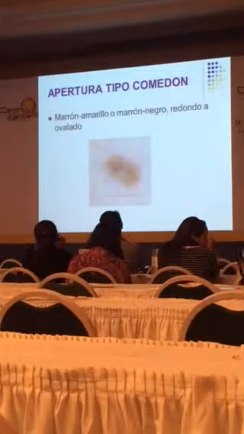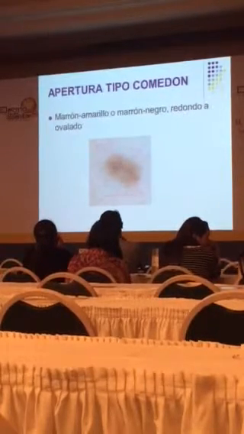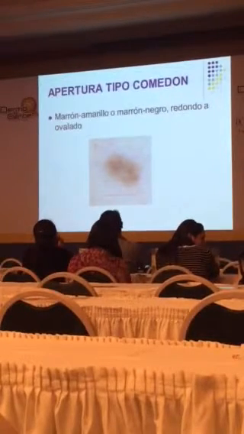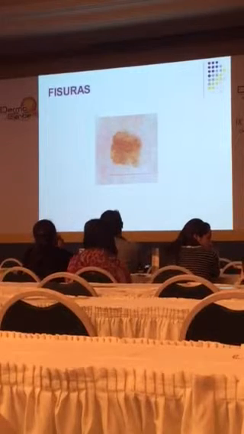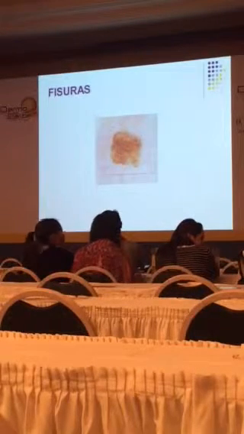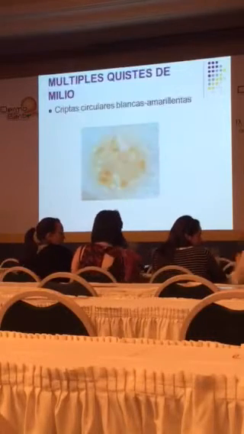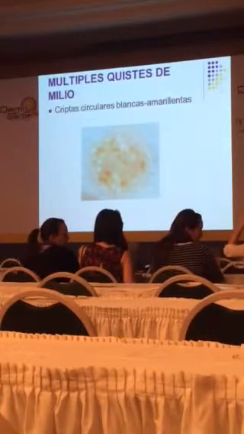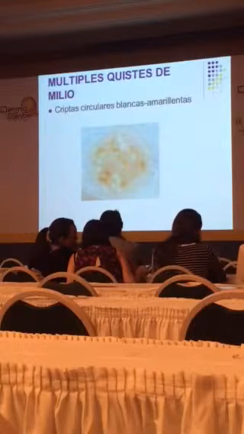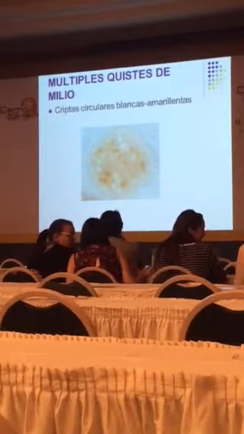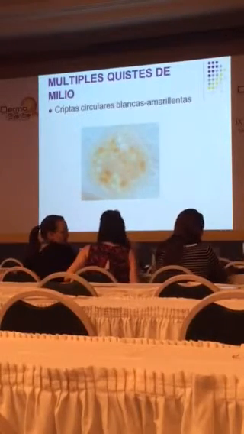And then some non-melanocytic lesions where you have these comedones, white or black comedones or cysts. Another pattern we call fissures or brain-like pattern, which is usually seborrheic keratosis. And then another example of a milia-like cyst or comedone in a seborrheic keratosis lesion, which is still a benign pattern.